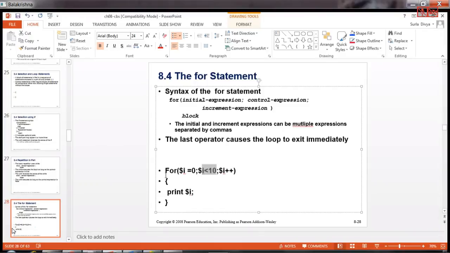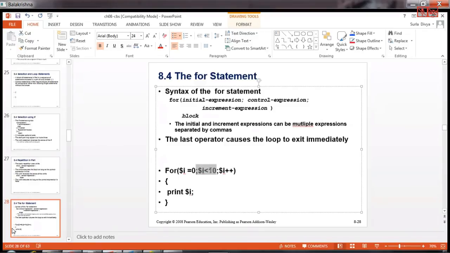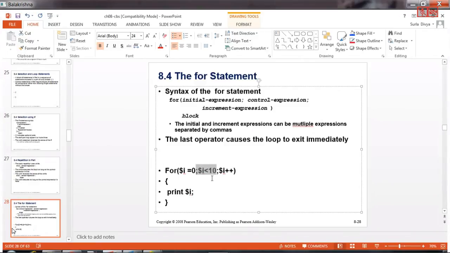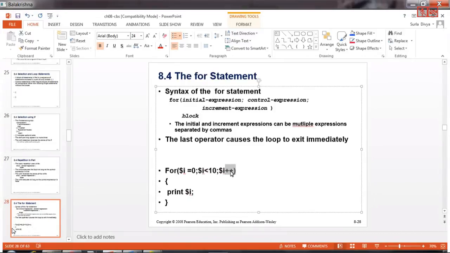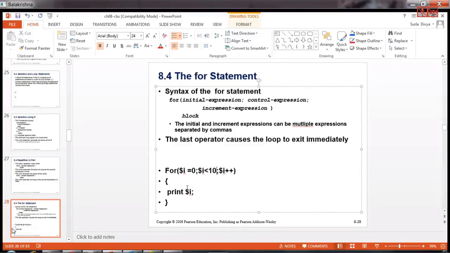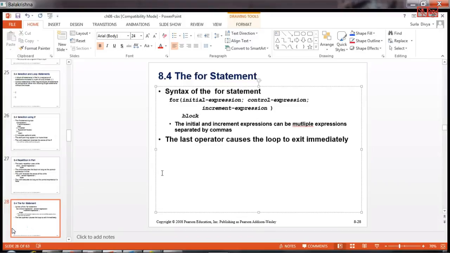control expression. So here this control expression may not be so simple, it can be complicated also. You can evaluate a big expression here actually, so that based on that control expression being true or false, this loop keeps on executing. This is what we call a post increment. So automatically it will print 0 to 9 because it is less than 10. This is a simple example I'm just giving. People might be aware of the for loop in other languages. It's the same as in other languages. Perl also supports it the same way.